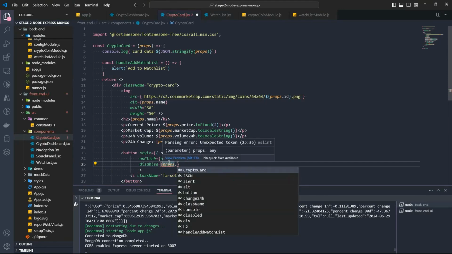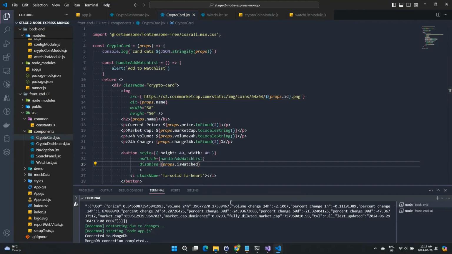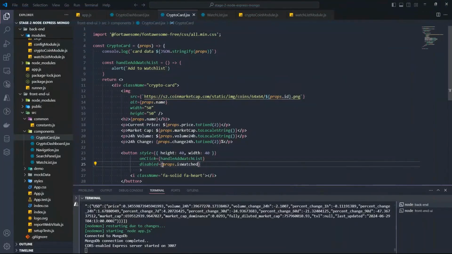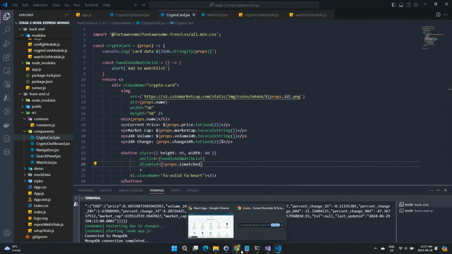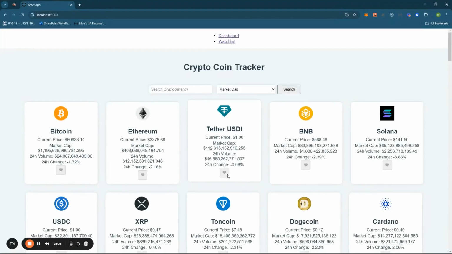So props.isWatched, I believe. And that's coming from the backend that we hard coded. So let's go back to the UI now, and let's refresh this. Maybe we'll negate it, so when watched is false, disabled is true. So you can see now all the